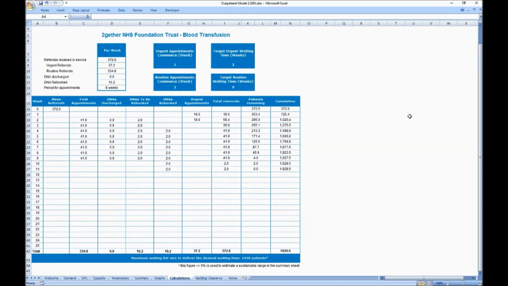The final tab we will go through is the Calculations tab. This is non-interactive, but is driven by data entered in the Demand and Parameters tab. The purpose of this tab is to show the calculations used to estimate the maximum sustainable waiting list size. For those of you who have attended the one-day theory course, this is a tabular representation of the party hat scheme. As a quick summary, these tabs show the average routine and urgent requests